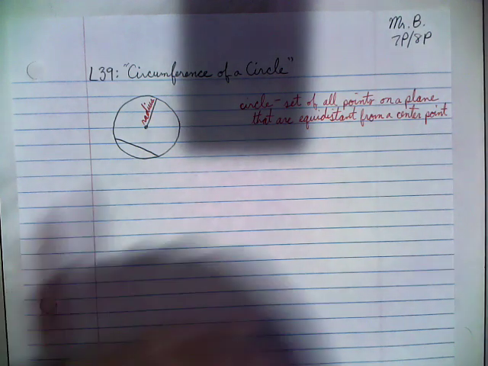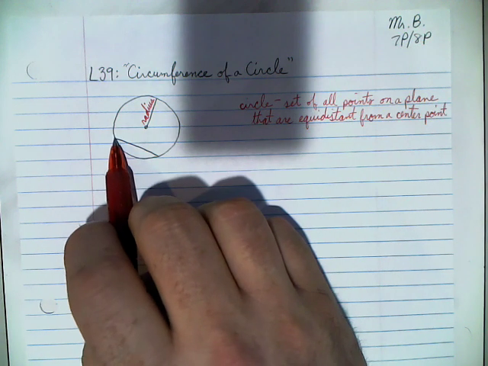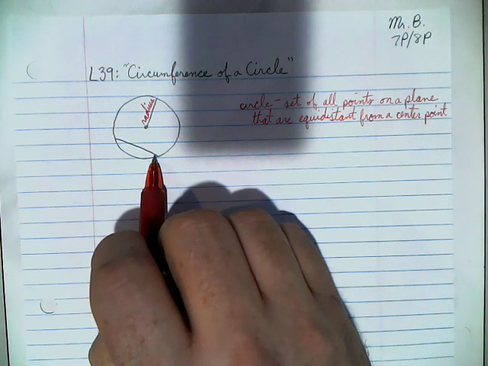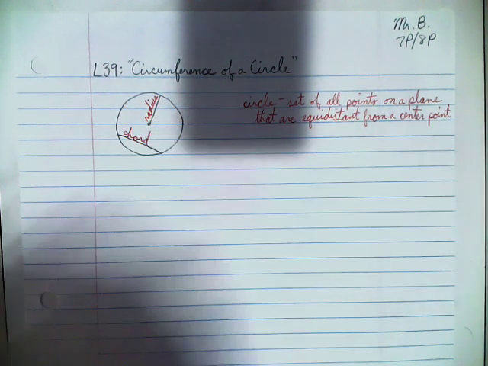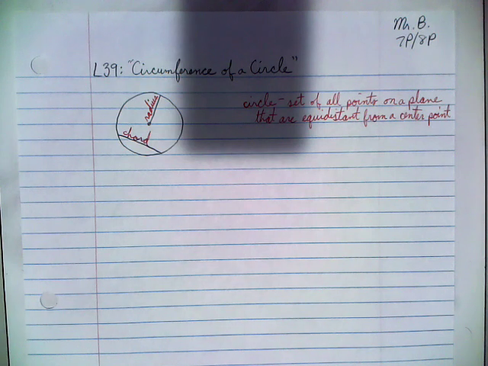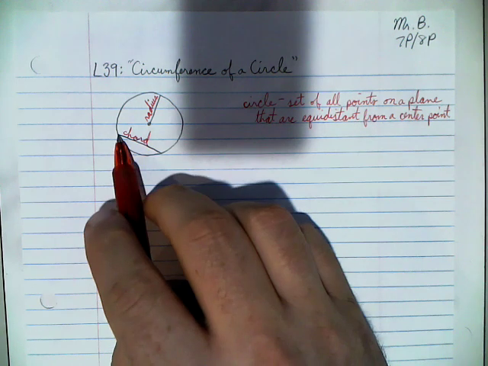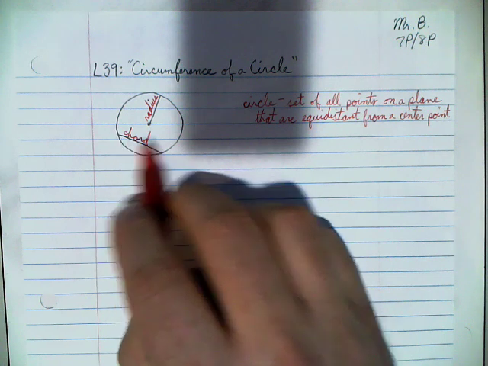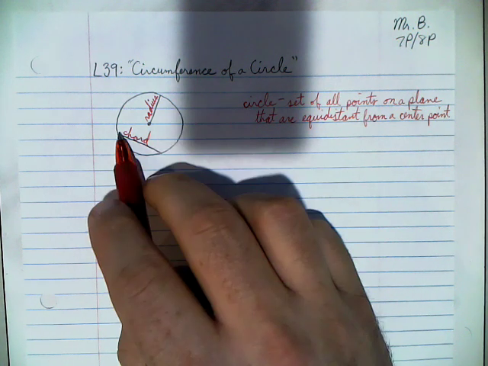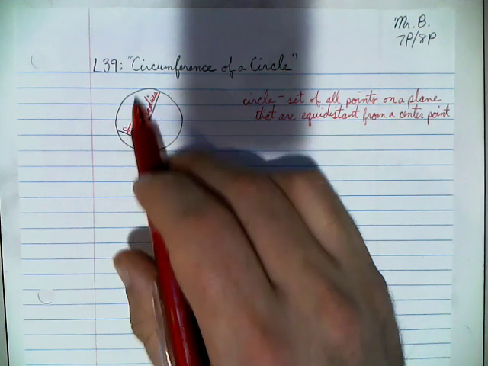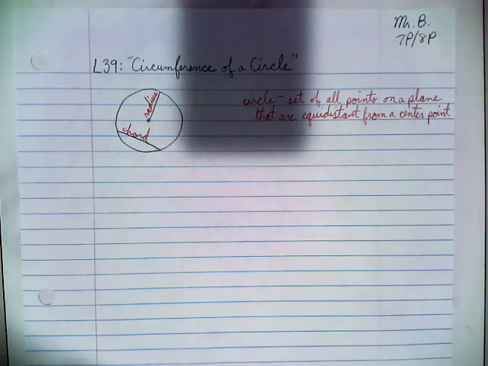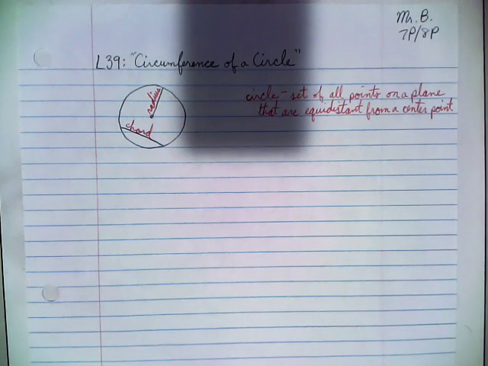And it's anytime we make a segment that starts on the circle and ends on the circle. So this is what's called a chord. And there are many different chords around the circle. So this one I just started here and ended there. I could start here and end there. I could start here and end there. Those would all be chords. I could start somewhere else. As long as it starts and ends on the circle, that's a chord. Now, among the chords, there's one chord that's particularly,